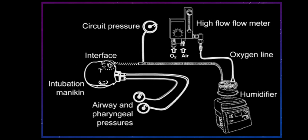It's a training scenario using an intubation mannequin, a realistic model of a human airway, to study oxygen delivery and airway pressures. So starting on the top right, we have a high flow meter. This controls and monitors the flow of gases, specifically oxygen and air, which are blended and delivered in precise amounts. High flow oxygen systems can deliver flows of up to 60 liters per minute, which is far higher than standard